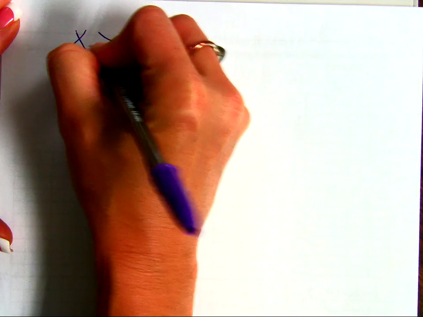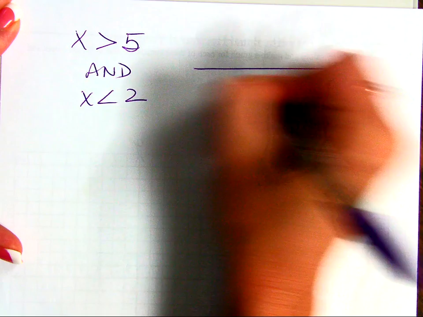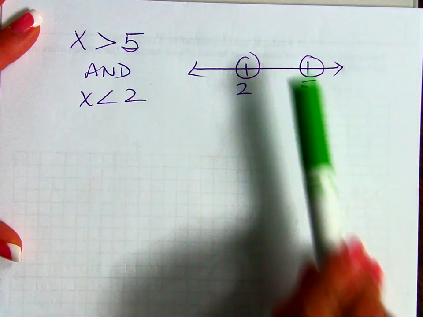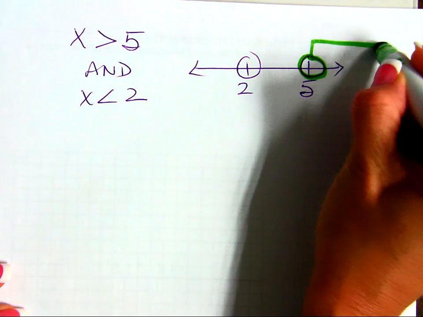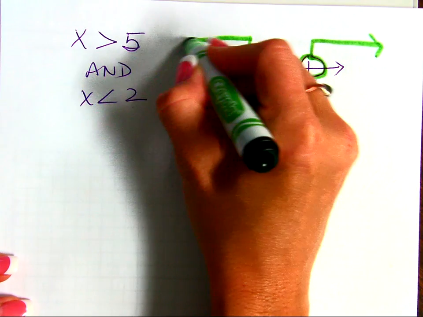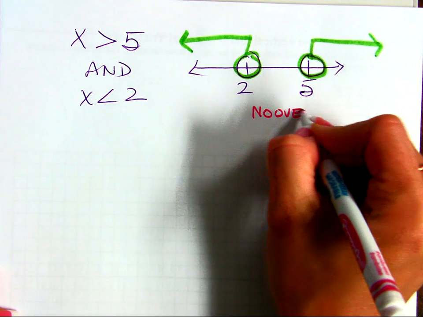So what would that look like on a graph? If and means I'm looking for overlap, I want you to think about this. First of all, let's write the 2 down. I want x greater than 5, and I also want it less than 2. So the first thing you're thinking of is here's 2, here's 5, here's my circles. What direction does this arrow go? Greater than 5 means to the right. Less than 2 means to the left. And I don't know about you, but I don't see any overlap. Right? So, no overlap